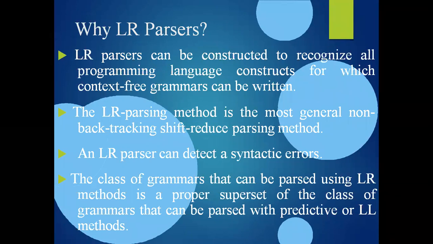And then finally, the corresponding tree structure that we generate from the given grammar is an efficient output, right? And the most important property of LR, all of you note this down: the LR parsers detect syntactical errors very efficiently. This is one of the most important properties of LR parsers.